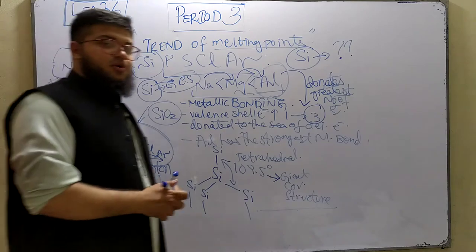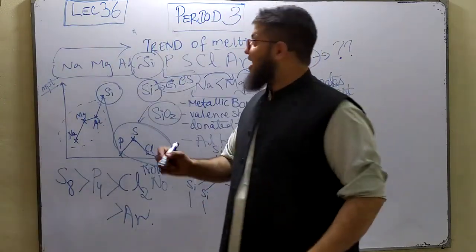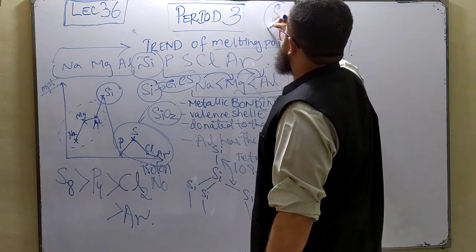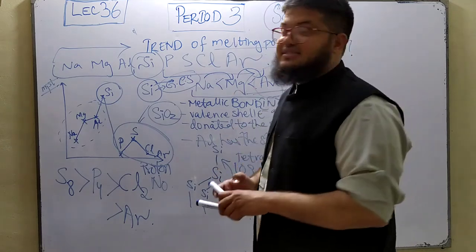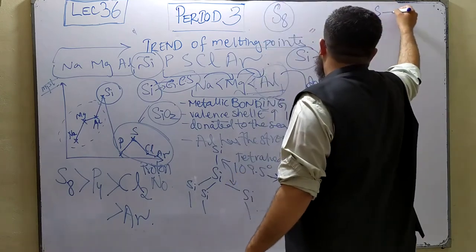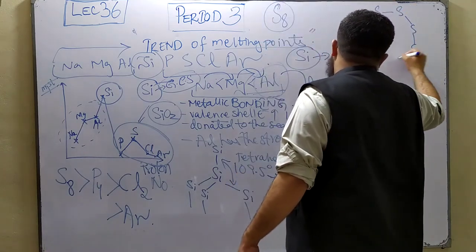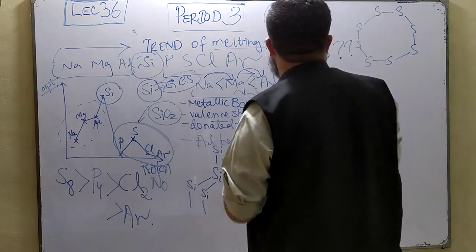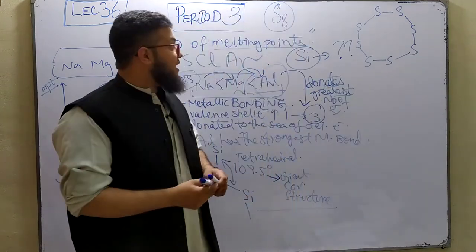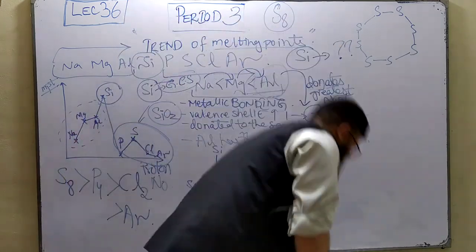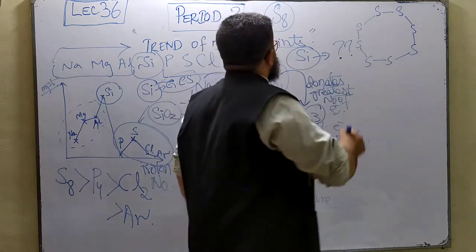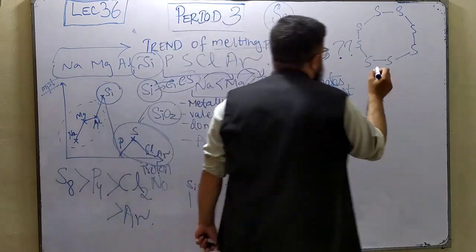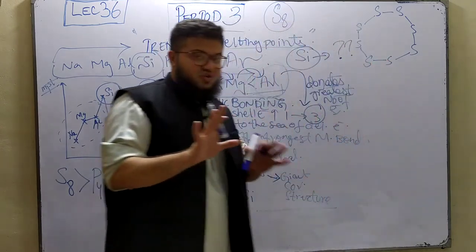This is the reason why the melting point of sulfur is the highest, because sulfur naturally exists in the form of S8 molecule, as an octamer. Sulfur has 8 sulfur atoms bonded to one another: 1, 2, 3, 4, 5, 6, 7, 8. Due to which the amount of covalent bonds present in sulfur are more as compared to, actually sorry